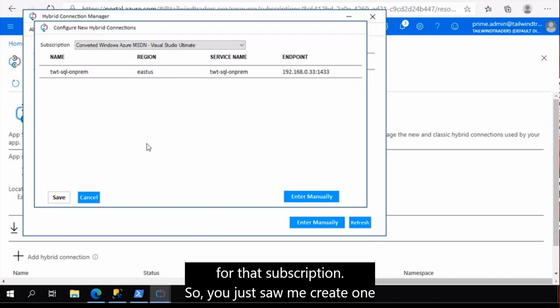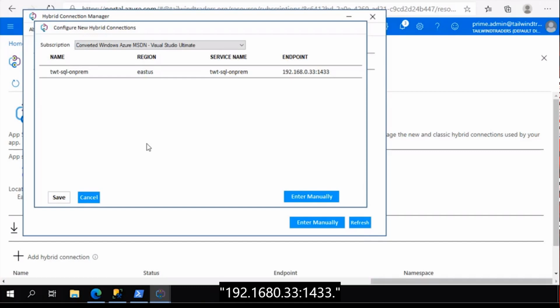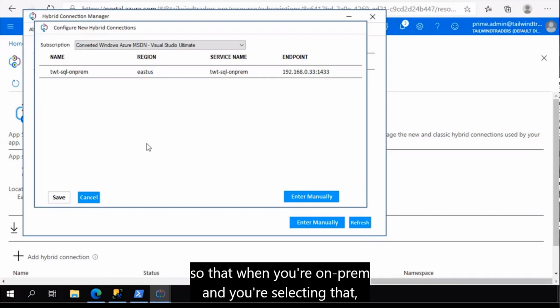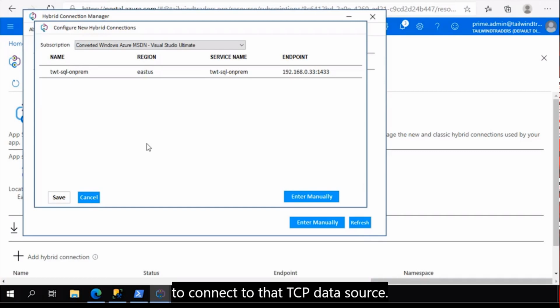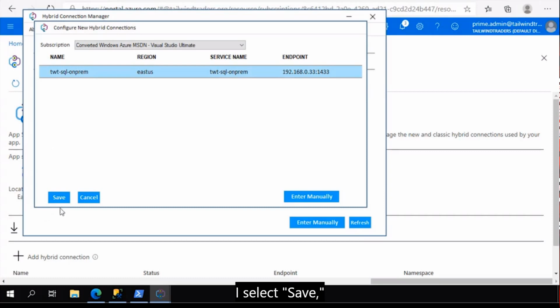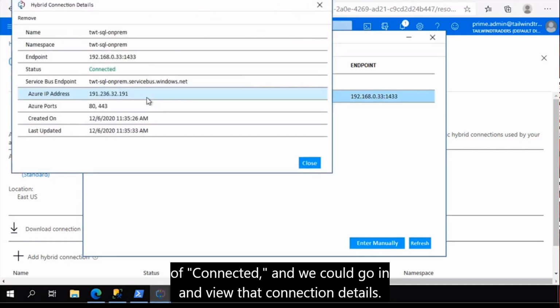So you just saw me create one where I specified that IP address, and you can see it there, 192.168.0.33:1433. It's important that you configure that addressing when you set it up in the cloud, so that when you're on-prem and you're selecting that, it knows all of the plumbing and the routing that it needs to use to connect to that TCP data source. So I select that item, I select Save. It saves that item, and then it'll establish the connection. We can see now that it's got a status of connected,